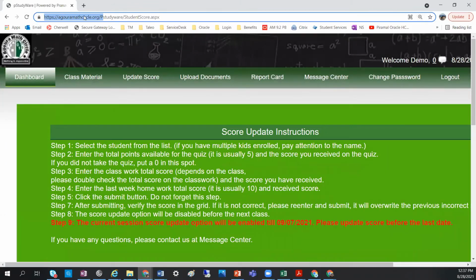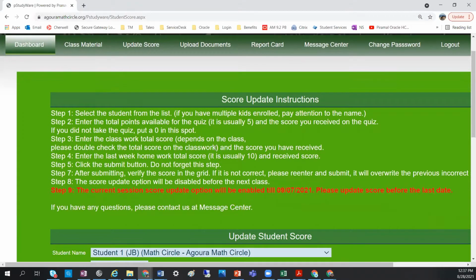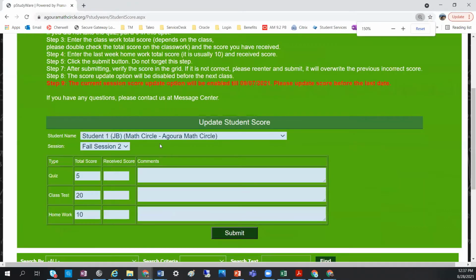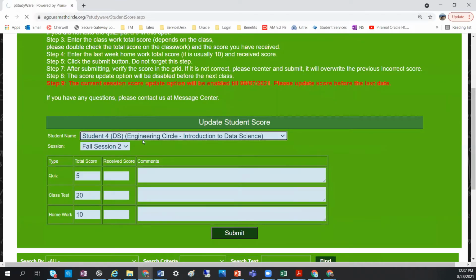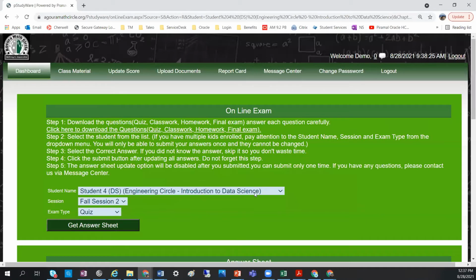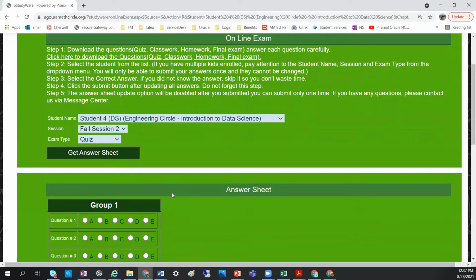Once you log into your Agora Math Circle, the same place where you upload your homework and download the class materials, there is this tab called update score. Go to that tab. For you all, it should be defaulted to this Engineering Circle, Introduction to Data Science. If not, choose the session as Fall Session 2. This is all defaulted, but still, quiz. And you would see here